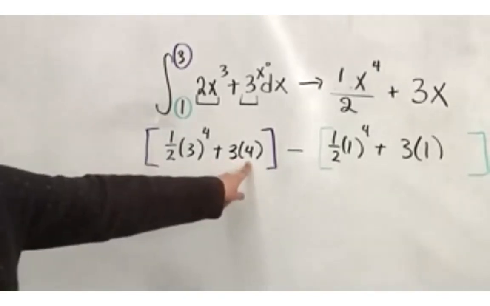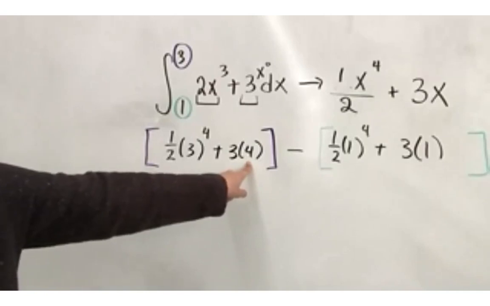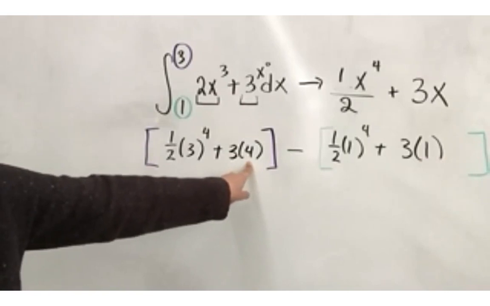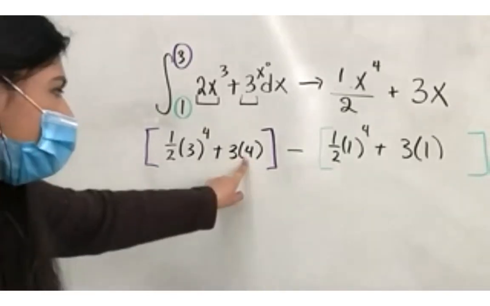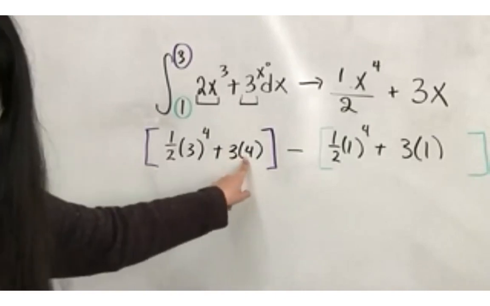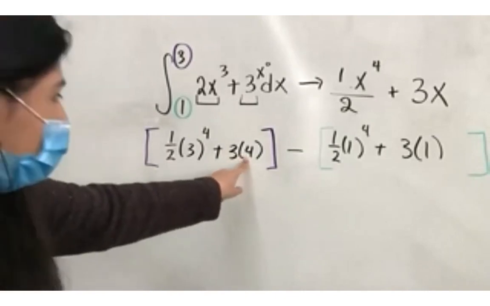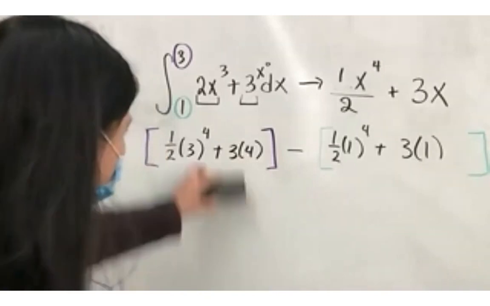Y'all agree with the students in the chat? Y'all agree that this 4 right here should be a 3? That's supposed to be a 3. So I got yes, yes, in agreement? Or we have a shrug, so maybe don't know. So yes, this is actually supposed to be a 3. So thank you for those at home. Yes, there should be a 3